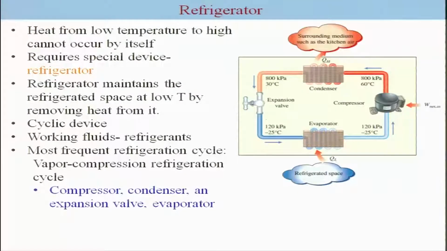So, instead of the path for heat engines, which is in this direction, this is anti-clockwise for the case of refrigeration cycles. So, the fluid gets evaporated, further compressed and condensed, and the expansion valve is used to expand it, and the heat is being rejected to the kitchen air, okay, here, and the heat is being extracted from the refrigerated space to maintain a certain temperature TL.